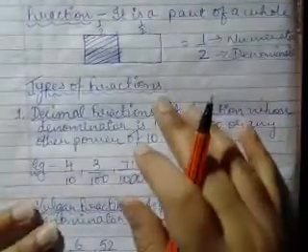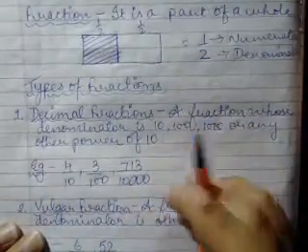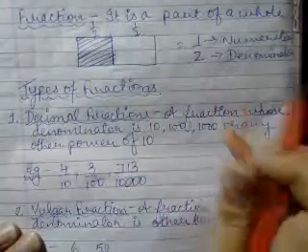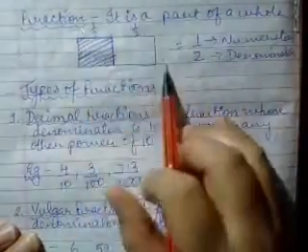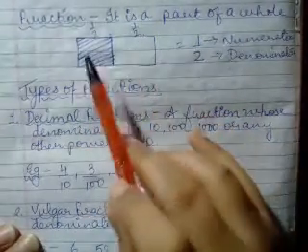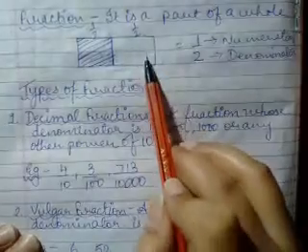Hello students, now let's start off with the next chapter, that is fraction. First you need to understand what fractions are. A fraction is a part of a whole. For example, I have taken this box and divided it into two halves, which means I have taken this half out of this one single box.